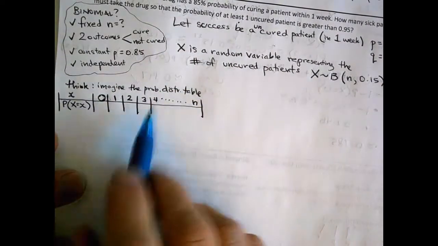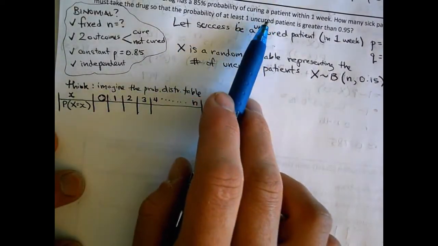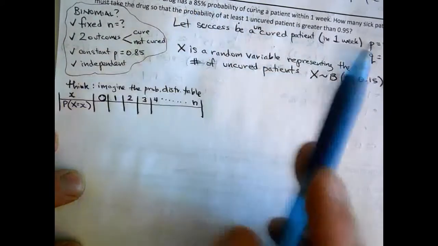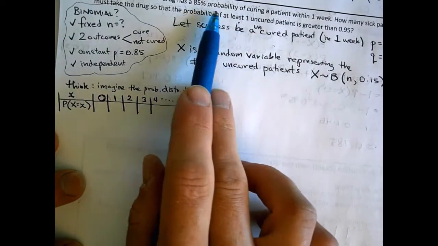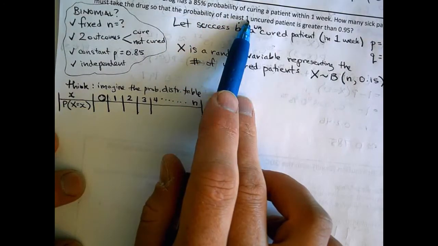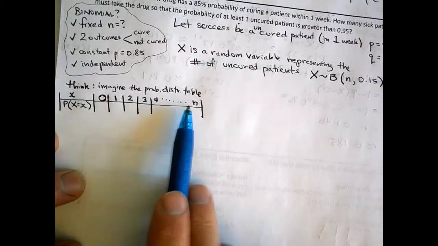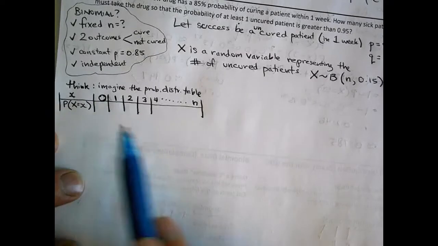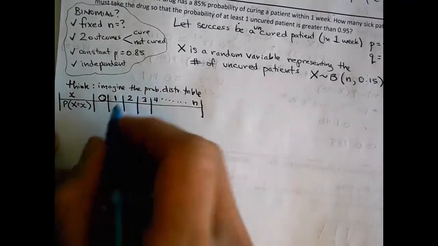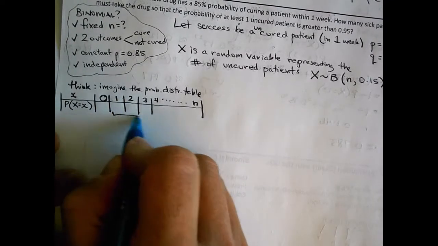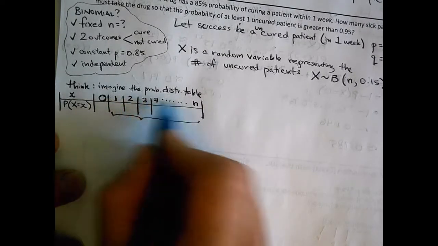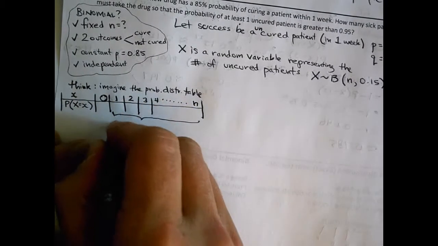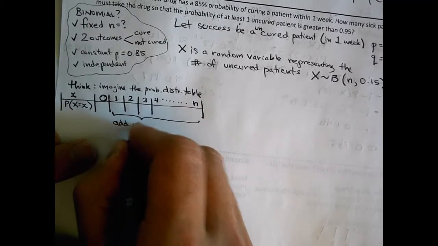So again, I could give it to 1 person. Most likely they're going to be okay and they're going to be cured, so I wouldn't meet what I'm looking for. I could give it to 2 people. Most likely they're both going to be okay. How many people do I need to give it to so that I have at least 1 person who's not okay? So all of these greater than or equal to 1, so either 1 who's not okay, 2, 3, all the way up to n, I should add up all these probabilities